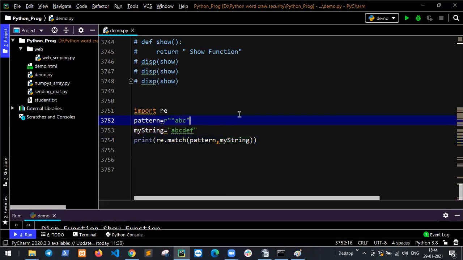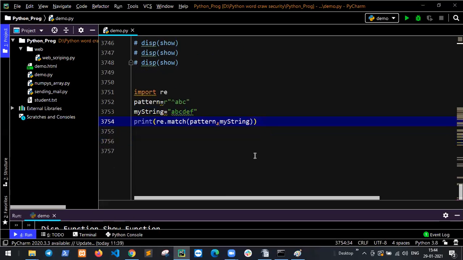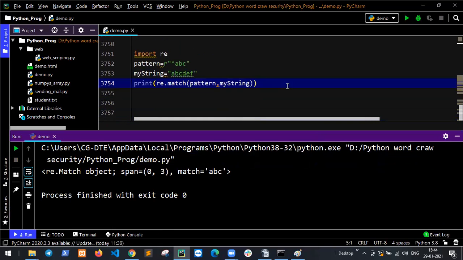So run this code. The pattern with re.match function returns one object.